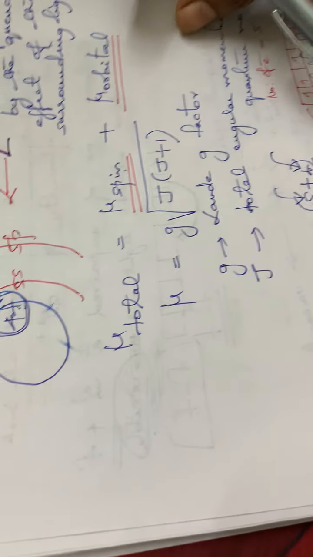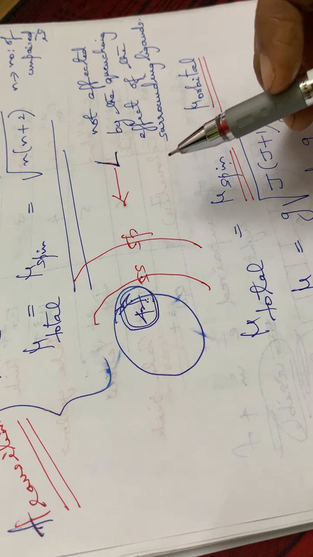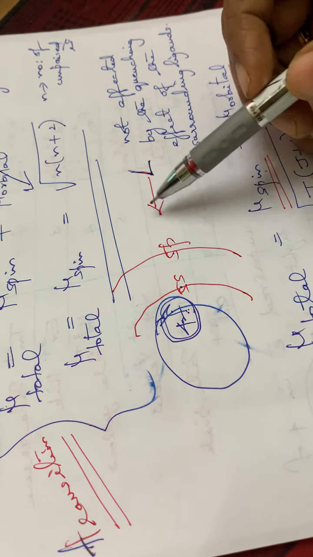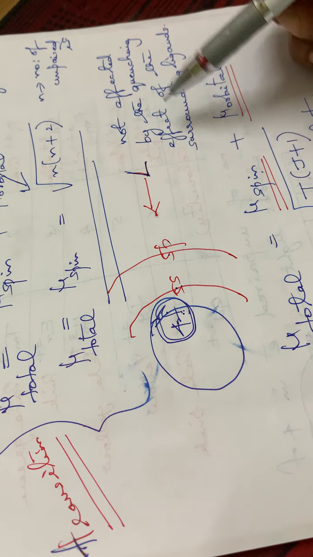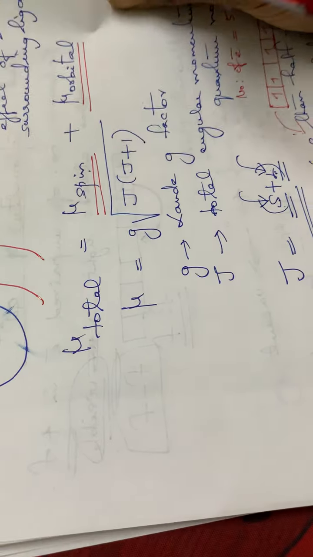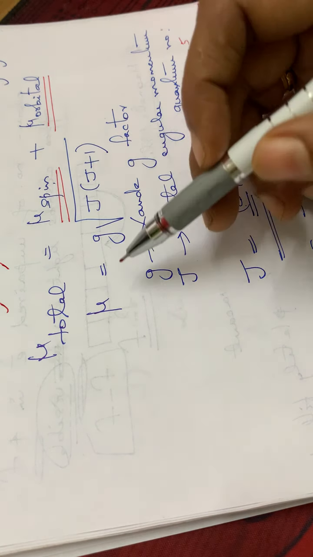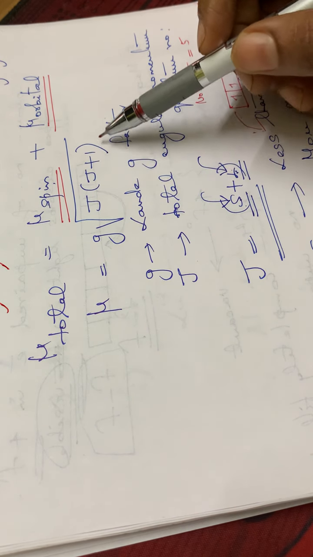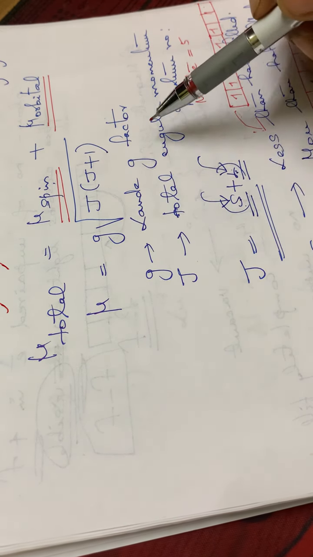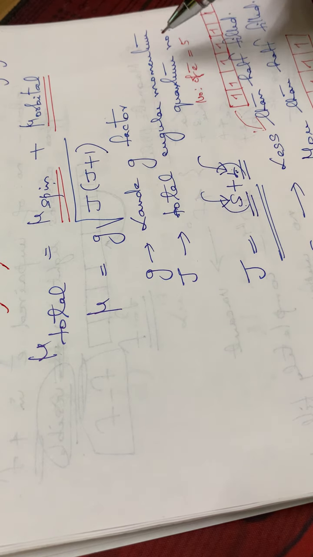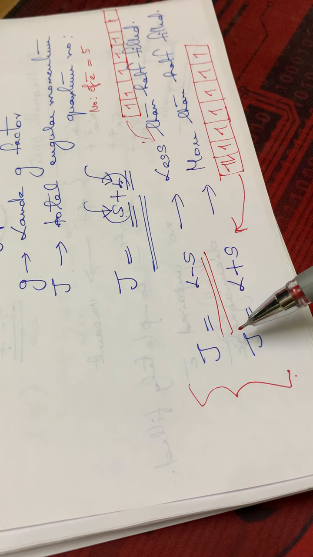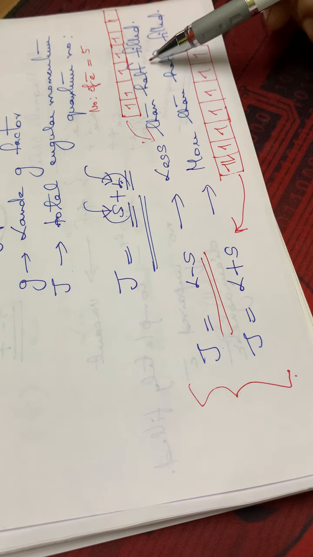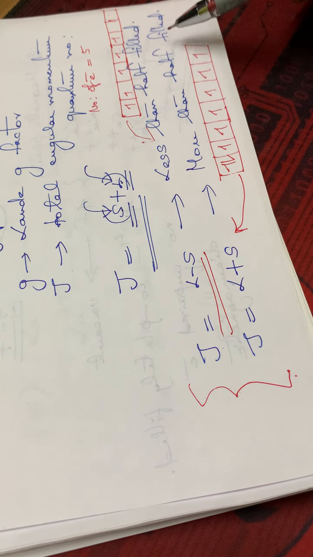So here you have to remember only two things: the magnetic properties of lanthanides depend upon the spin contribution as well as the orbital contribution, like the case of transition elements, isn't it? And also the formula for calculating the magnetic moment is g into root of J into J plus 1, where g is called the Landé g factor. Capital J is the total angular momentum quantum number, and J can be calculated by using the formula J is equal to L minus S for the less than half filled condition, and J is equal to L plus S for the more than half filled condition.